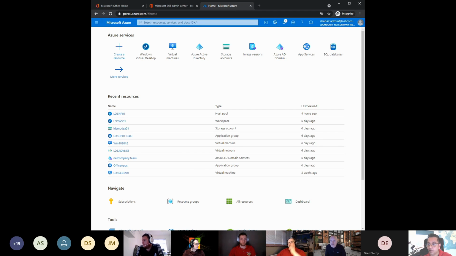Shabaz, have you tried this out, the integration with Intune? Yes, Andy, that's a good point. A couple of months ago they started to release some Intune features, so enrolling Windows 10 into Intune and also using endpoint analytics.